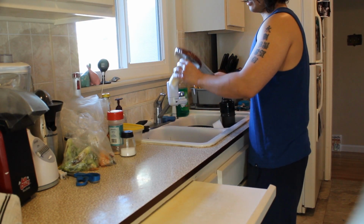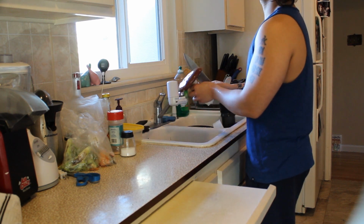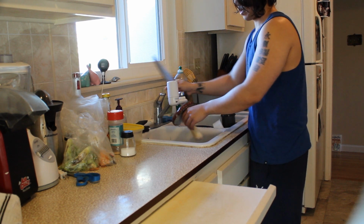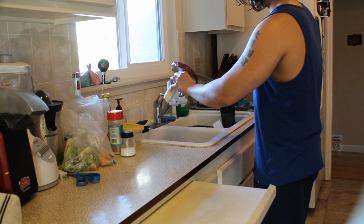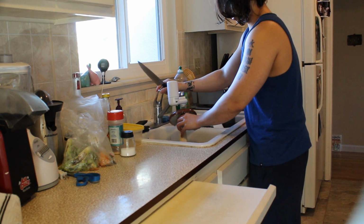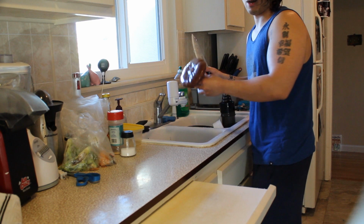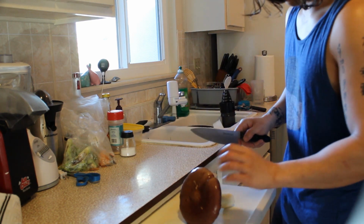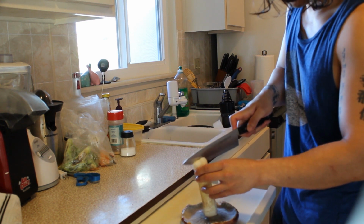You can cook these in white wine, which I might be able to show you today if I do cook them in white wine. But I've been steaming my food, so I thought it would be a good idea to just splash the wine into the rice cooker when they're steaming. But yeah, we want to make sure that we cut it in half